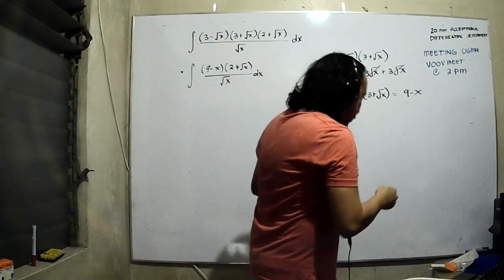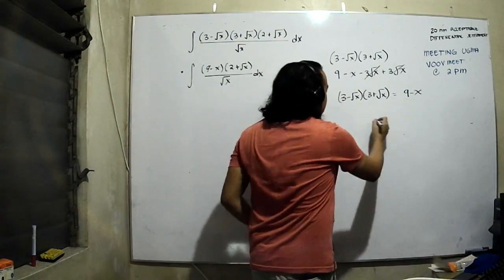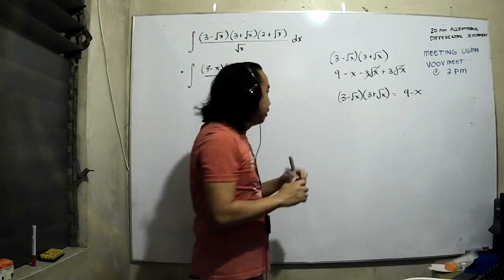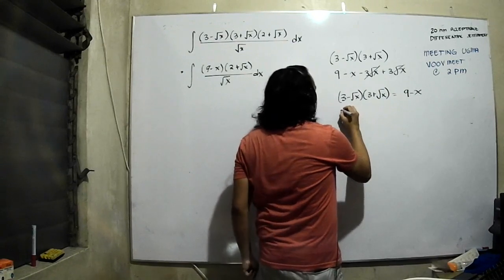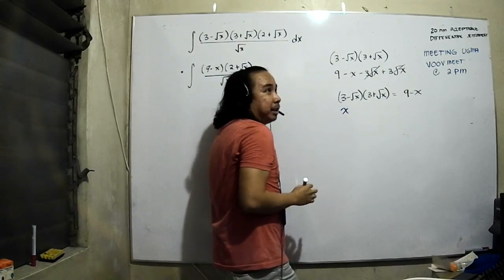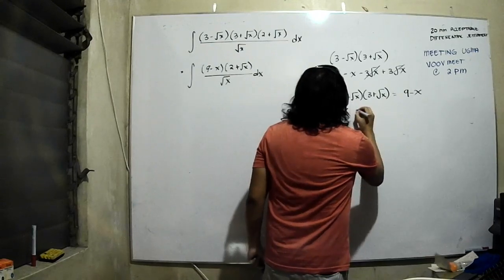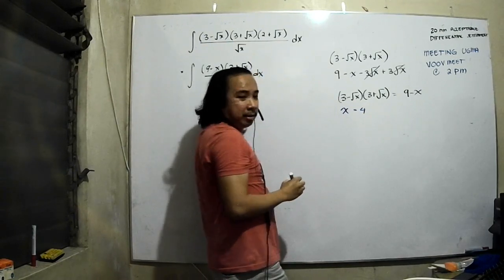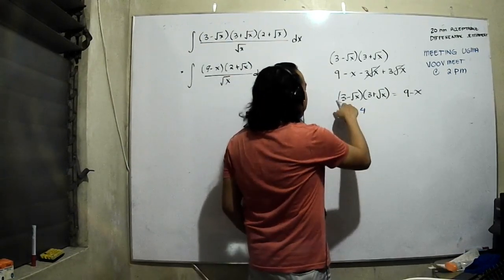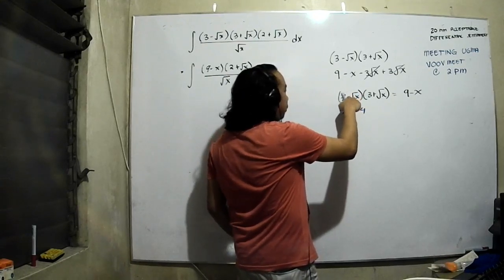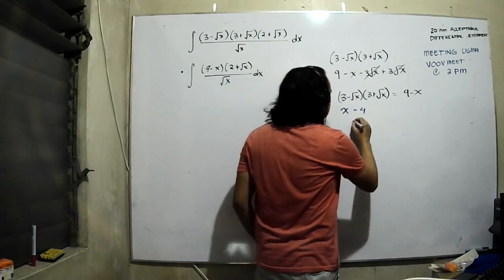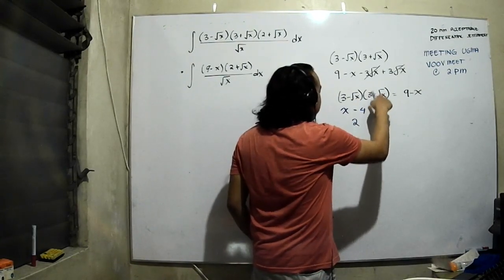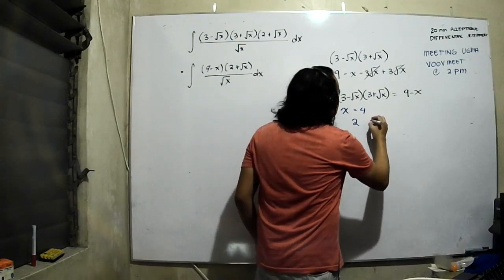Now, I have this expression. We already established that 9 minus x is equal to this expression, but if I want to counter check, I'd set x to a convenient number. Say x is equal to 4. So, if x is equal to 4, then the square root should be equal to 2. So 3 minus 2, that is 2. And if this is 4, then this should be equal to